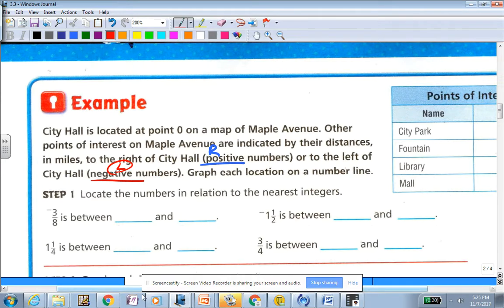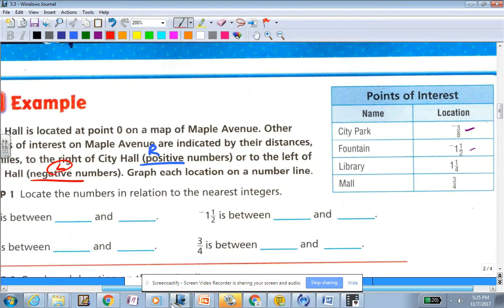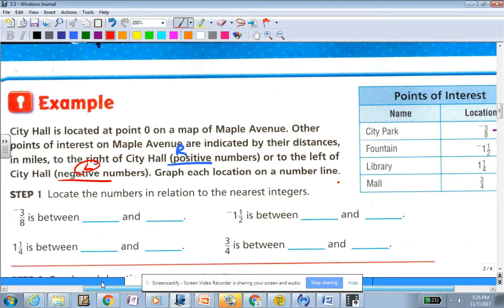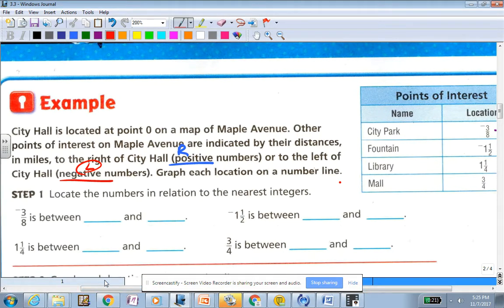We've got the values right here in the table that give us the location of them: City Park, -3/8; Fountain, -1 1/2; the library is 1 1/4; and the mall is 3/4. We're again asked to find our benchmarks. So -3/8, where is that between? Wasn't -3/8 close to -4/8? And wouldn't -4/8 be like 5/10? Almost a half. So we're definitely going to look at it being between 0 and